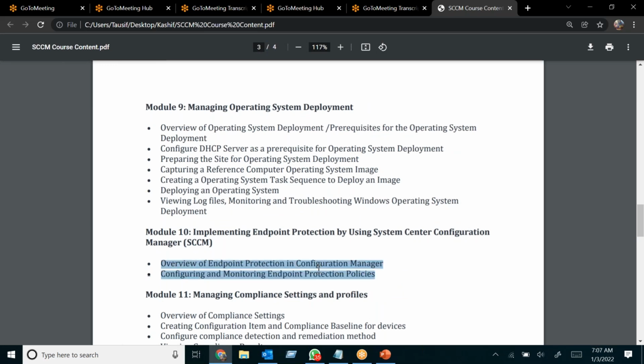MBAM is not included in the training because that takes a lot of time, and that is not part of SCCM. That's an additional thing. You can configure BitLocker to encrypt hard disks. Okay.